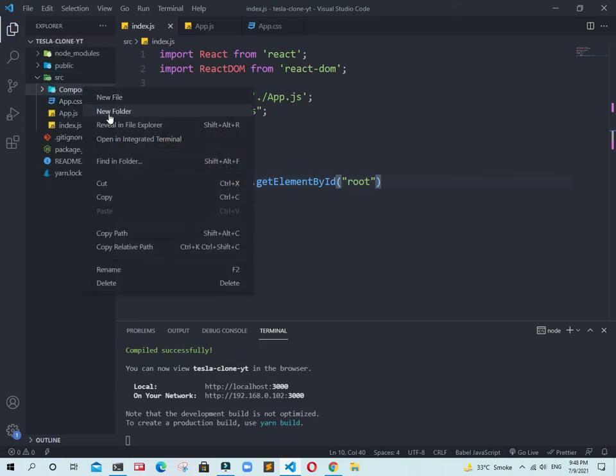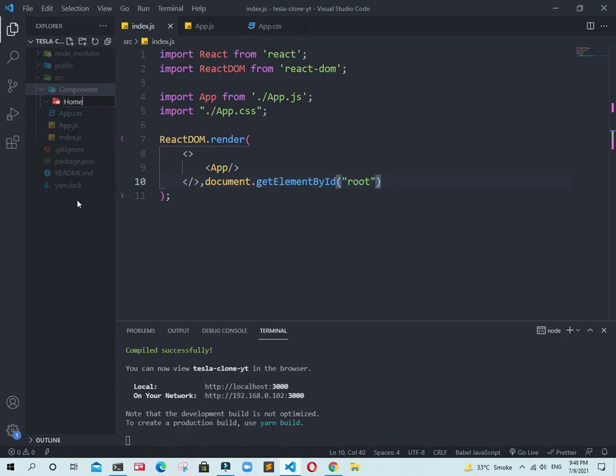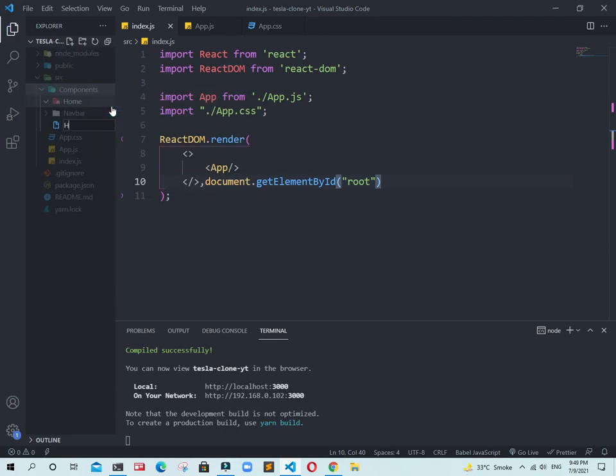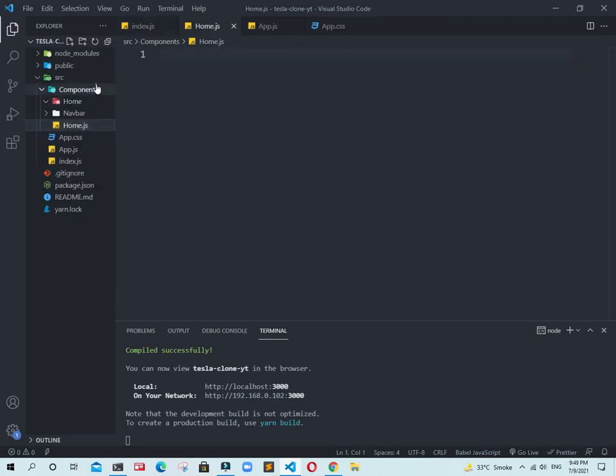Now inside this components folder, create one more folder, home, and inside components again, create one more folder called navbar. Okay guys, look, inside components we have two folders, home and navbar. Okay, and inside the components folder create one more file, home.js. Okay, and also create one more file, footer.js. Just simple. Okay, and also go to home, create a file there, models.js.